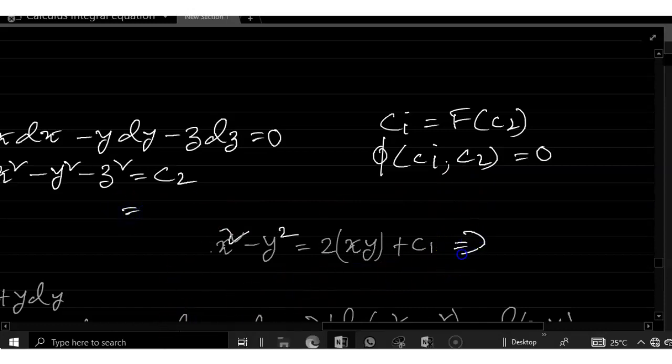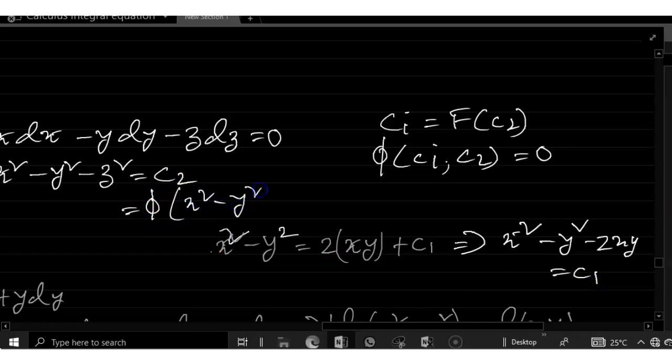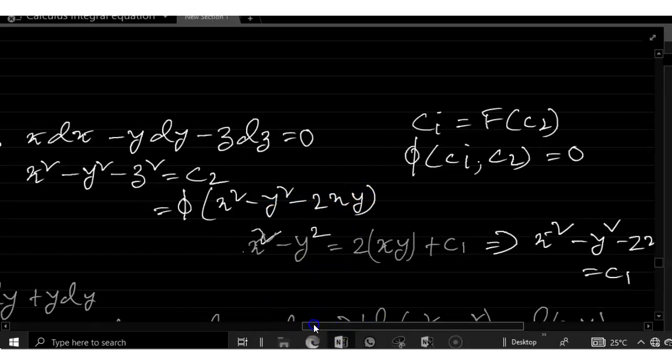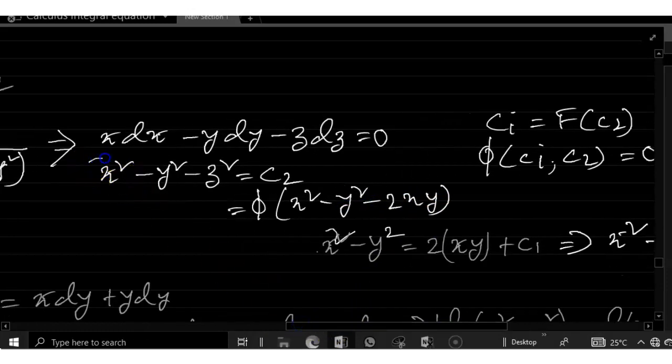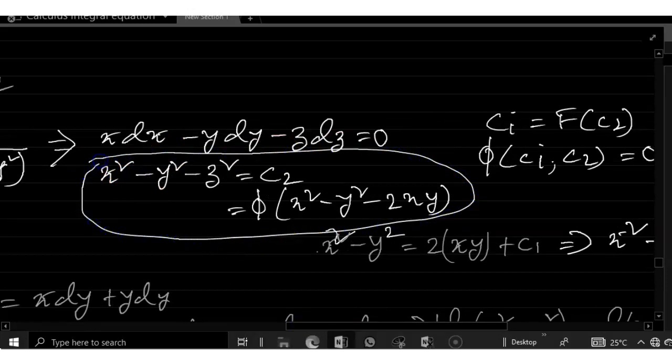C1 equals to x squared minus y squared minus 2xy equals to C1. So it is phi(x squared minus y squared minus 2xy). This is my answer. I hope I can clear the total